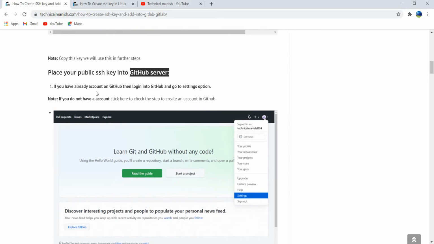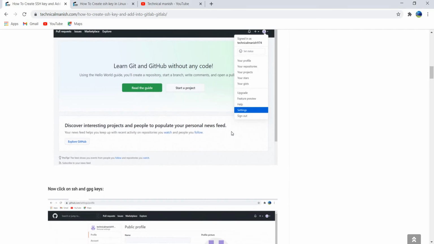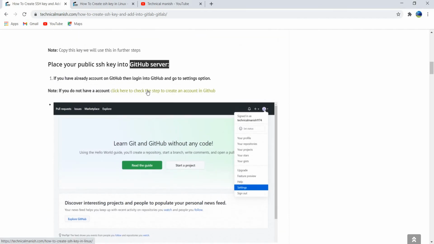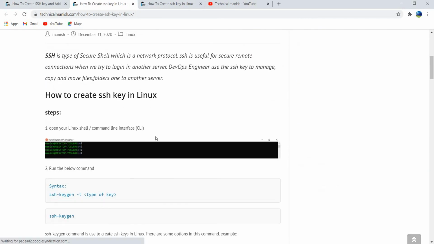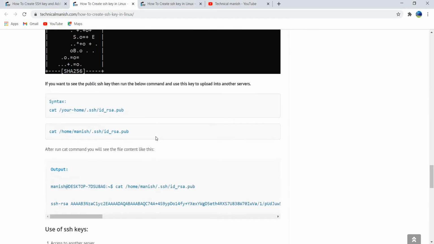We need to log in on GitHub and follow the steps. If you don't have an account on GitHub, you can follow these steps. In this blog I have also mentioned how to create an account on GitHub.